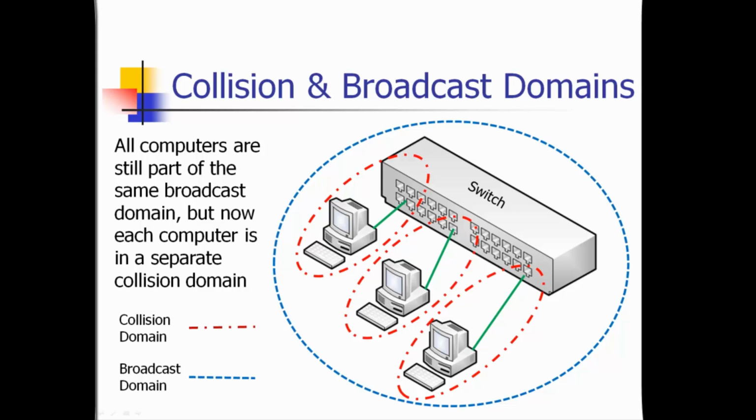Now, if you have hundreds or thousands of devices, you can understand that multiple broadcast messages from different devices would cause a problem. That's going to generate a lot of traffic that all machines within that particular subnetwork would need to process. So when we get to subnetting, what we're doing is trying to reduce the number of devices within a broadcast domain. And that's really the goal of your Skills 3 assignment,